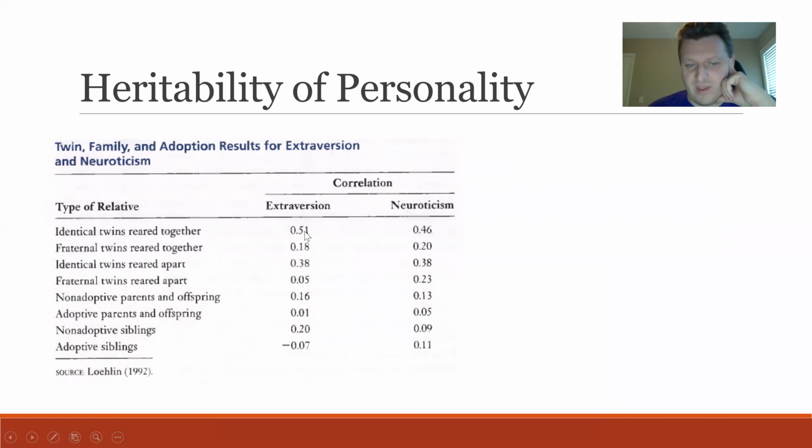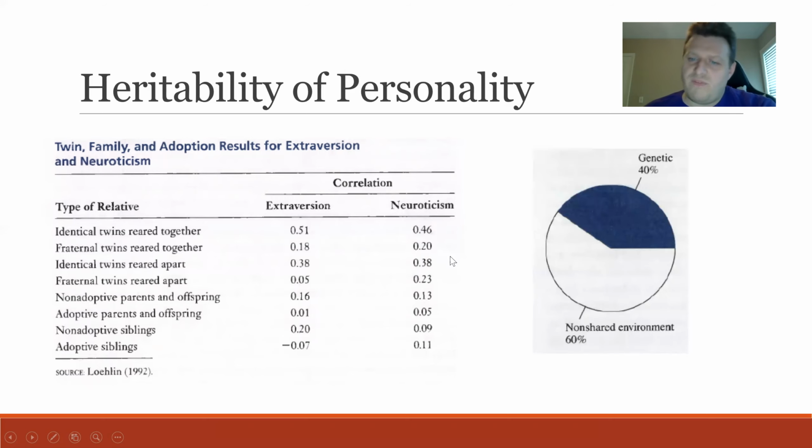We see that there is a smaller correlation here. If we go from reared together to reared apart, the dip is less big. It's a smaller effect in this particular situation. If we do the math, calculate A, C, and E, what we find is that genetics accounts for approximately 40% of the variation in personality traits, and that the non-shared environment, or E,